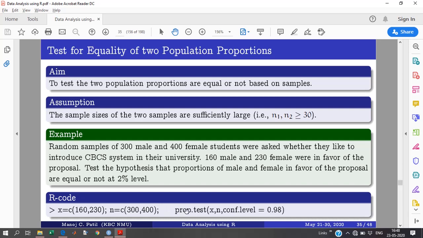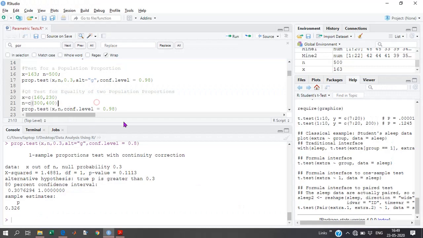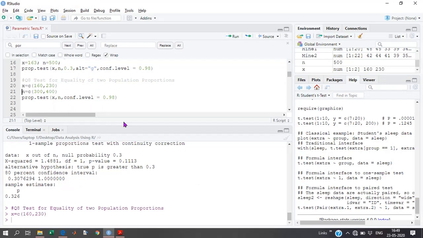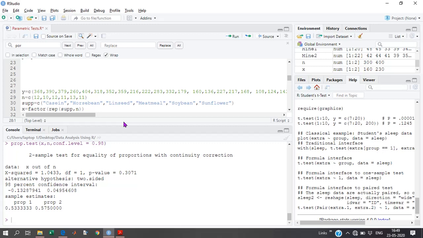Again use that same prop.test, x, n and the confidence level. We can also go for alternatives that p1 is less than p2, p1 is greater than p2, p1 not equal to p2, likewise. Enter prop.test.